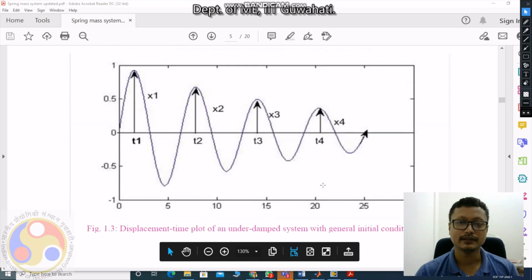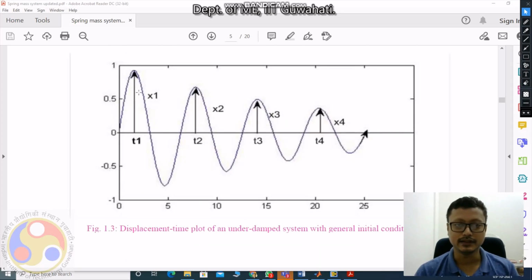So this is the graph, and these are the x1 values. X1 means from here to here. Don't be confused: the x1 value is from this value to this value. This is called x1, and this value is x2. Sorry, this value is x3. We are taking 5 cycles of data. This is the timeline: this is t1 and this is t2.